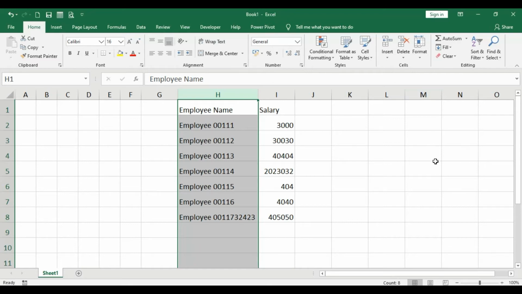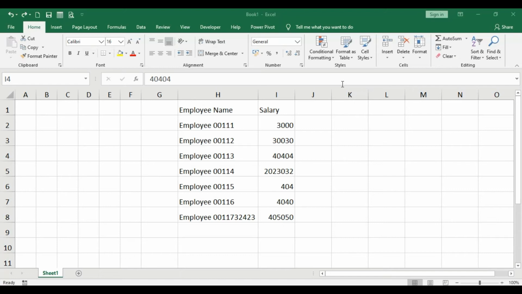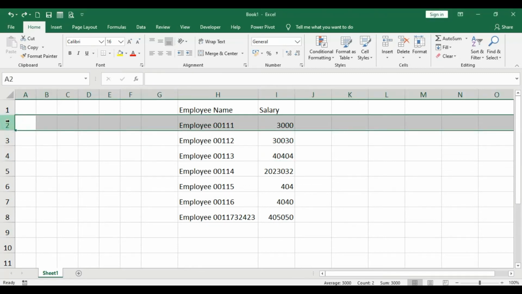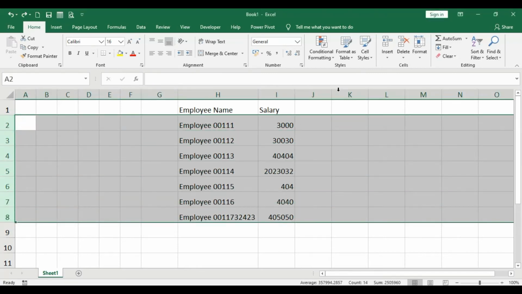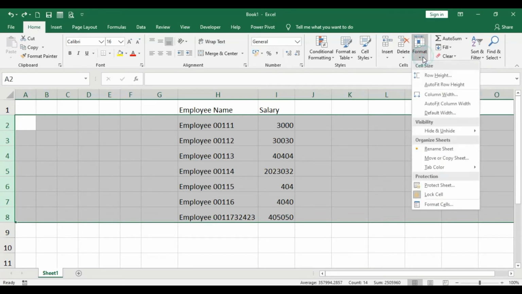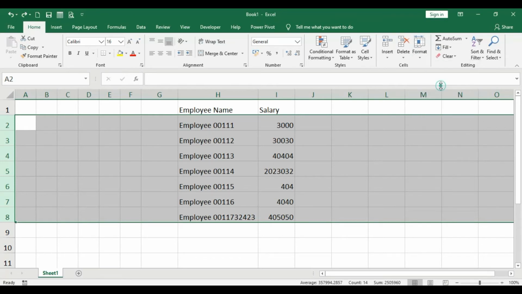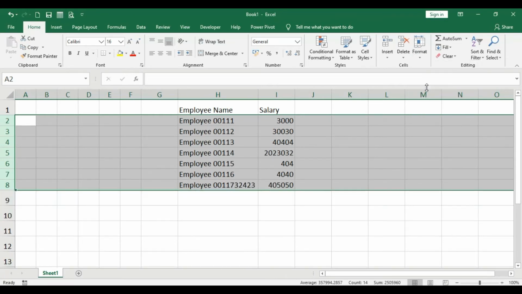that particular column. Similarly, we can also increase or decrease the size of the rows depending upon the kind of content that is accommodated in that particular column or row. So we are going to select the row. In this case, I'm going to select the rows and go to the home tab. In the home tab, I'm going to go to the format option. In the format option, I'm going to select auto fit row height, and there you go,